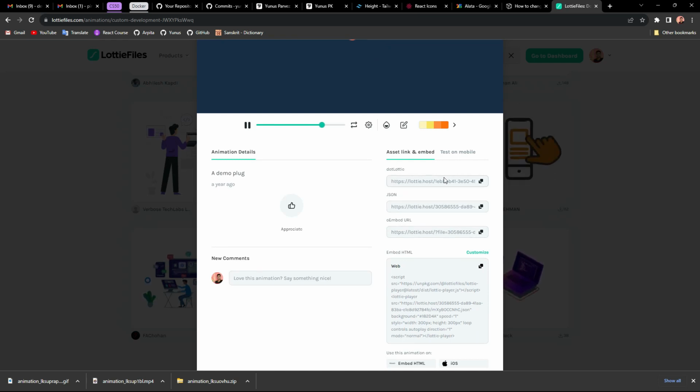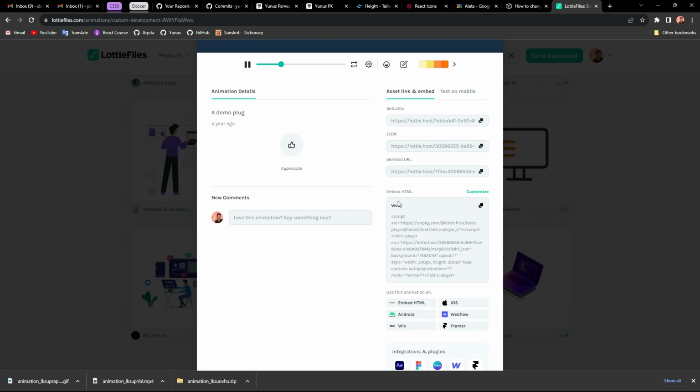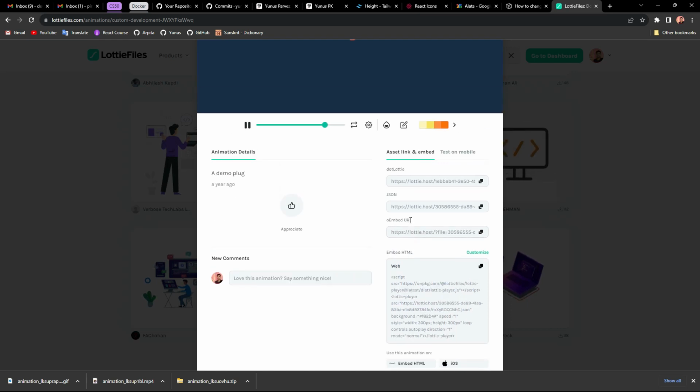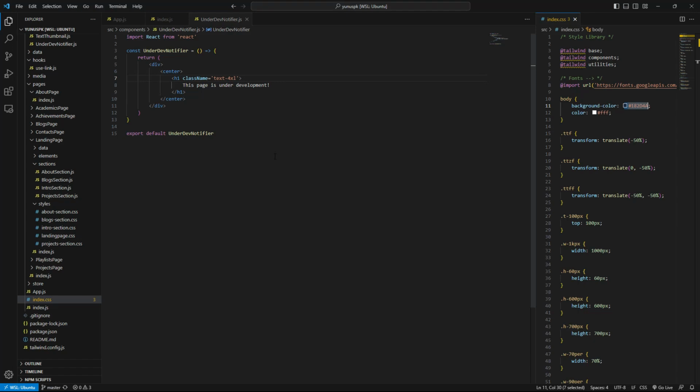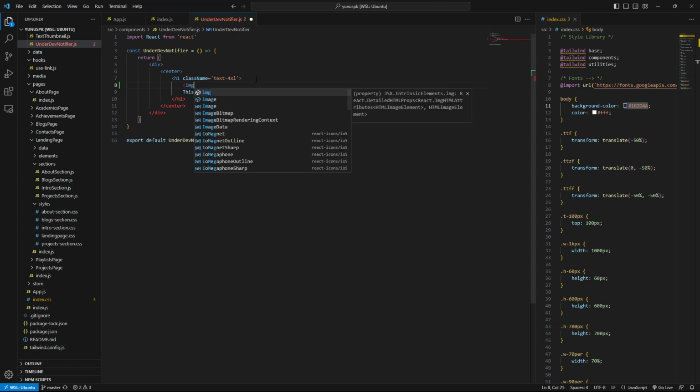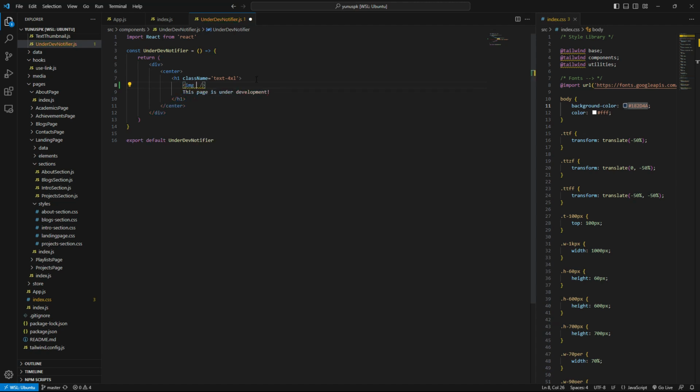That's why I need the Lottie embed URL, embed HTML. We're just gonna copy that and see what happens. We're just gonna use an img and nothing special, and src is gonna be just what we have copied.